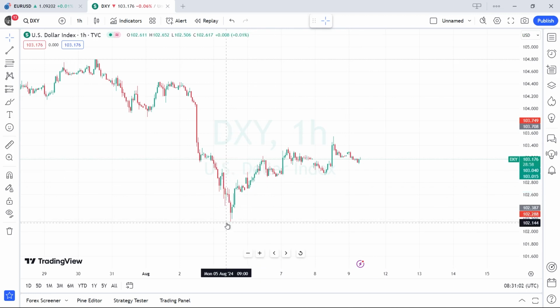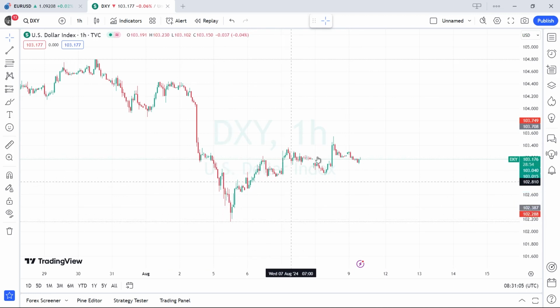Essentially, since this Monday low, price is only making higher lows. After this point, there was this point, and then this point. In fact, this is an almost equal low, but it's still in the category of a higher low. And then here we are now. After this low, we made this high, and then this high, and then this higher high. So yeah, higher lows and higher highs.